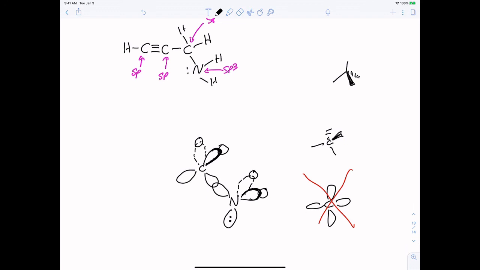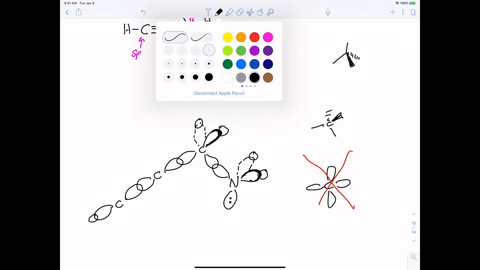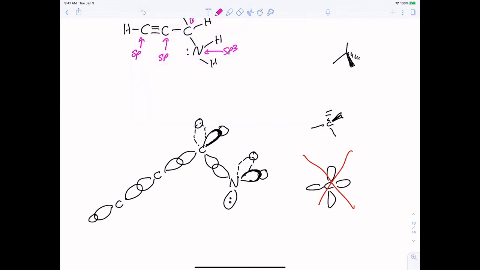Now I have my sp hybridized carbon. So that is linear. Remember, if it's sp, we have two electron groups, two of those sp orbitals. That's bonded to another one, which is also going to be linear. So you want to make sure that these are going to be 180 degrees, and then we'll throw that hydrogen on there. What we're missing, remember, if it's sp hybridized, I do have two p orbitals on each of those carbons. So I'm going to draw one on each first in the same color, and then we'll go back with a different color. And they are perpendicular to each other, so I'm just going to slant them a little bit. So I have a p orbital here,